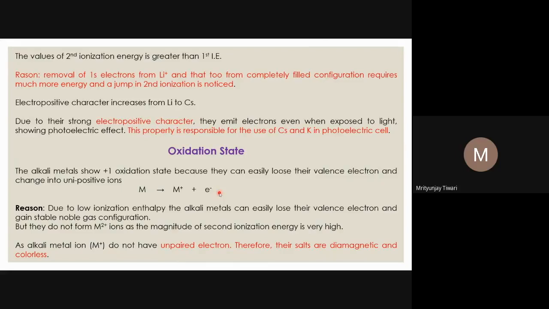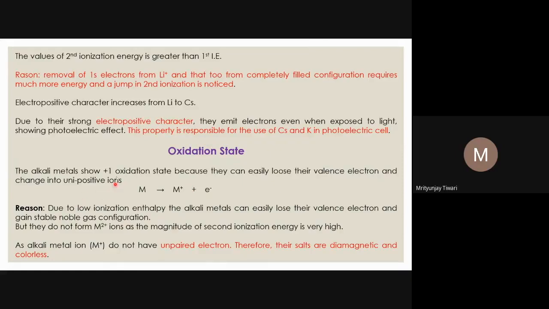The calculation is not our problem, but for understanding purposes, I wanted to say that some electron acceptors are there. Anyway, whatever the tendency of this metal to give an electron is, this is what we talk about in the ionization enthalpy. If the ionization enthalpy is low, it can easily give its electron and become M plus. And that is what we see as the oxidation state of alkali metals. So oxidation state is somewhat associated with the ionization enthalpy.